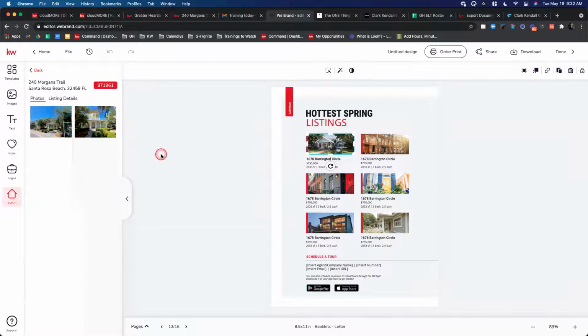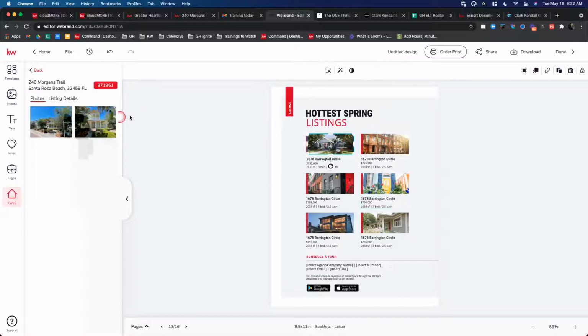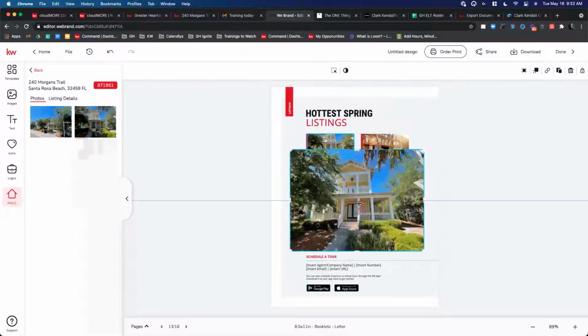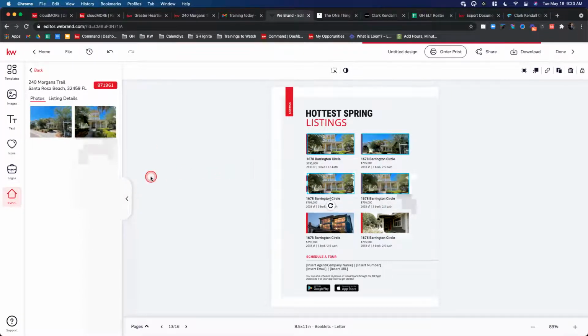So just like we showed here, if I chose, I want to put this front picture of the home here. Whoops, wrong button. I would click here and then hit replace image, and it'll put it right in there perfectly. Notice that if I click on this home right here, it is going to add a big overlay on it. That's not what we necessarily want to fit in here, right? To fit in this little frame that they've made to look really nice on this page, hit the refresh button, right? It's just that easy. Not that I would want to do this for all of them, but you get the idea. As I look up more listings, I can replace them.